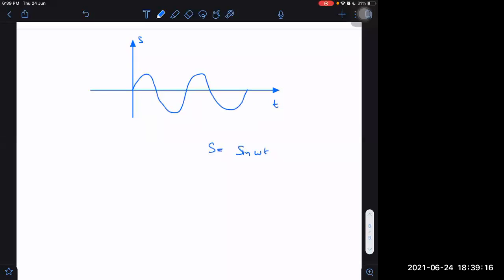Sinusoidal graphs may be there. Many graphs are possible. Sinusoidal graphs are also possible. If there's a sinusoidal graph of displacement versus time, what will be the velocity versus time graph? We know if s is varying as A sin omega t, then velocity will be the derivative of sin omega t, which will be A omega cos omega t. Now I have to plot a cosine graph.